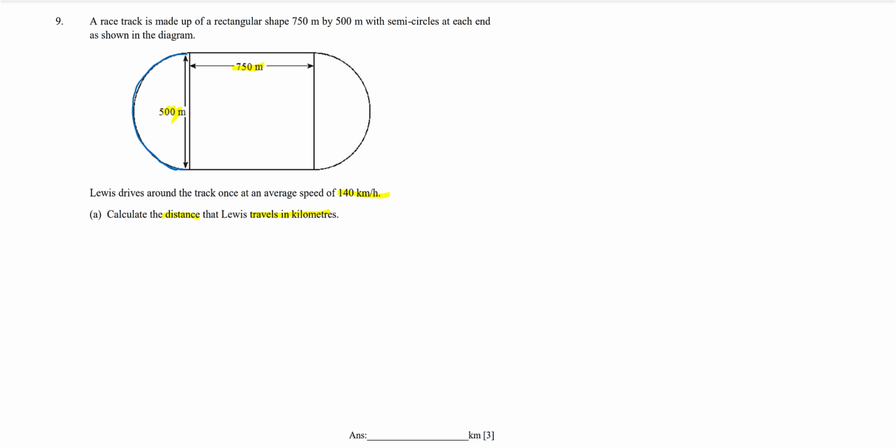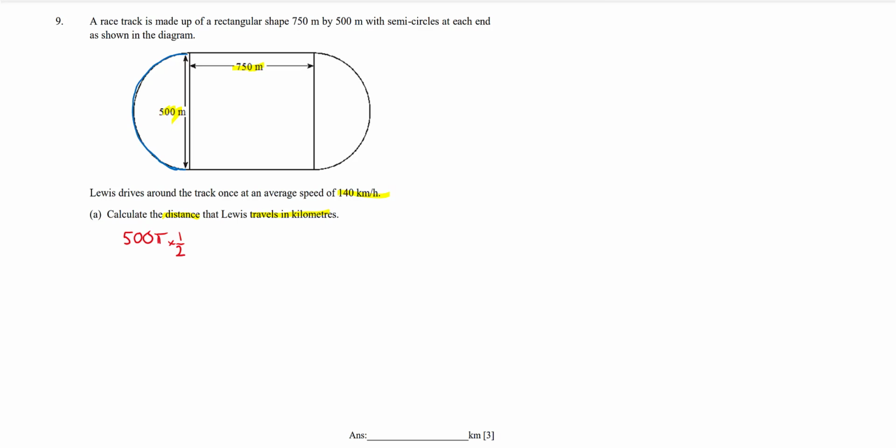So we know that the circumference of a circle is pi times diameter. So therefore we're going to have 500 pi, because our diameter is 500 meters, and it's only a semicircle, so we'd times it by half, but